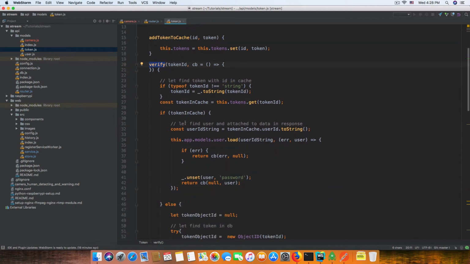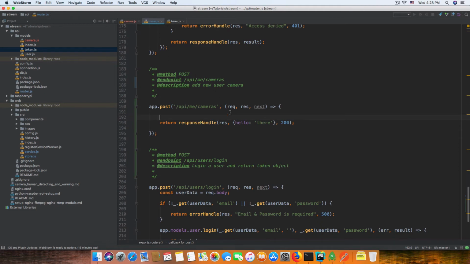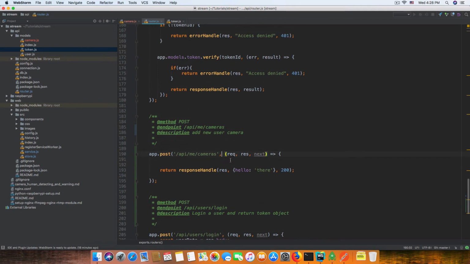So we have to verify this token, and that means we can make a new validation. Right here I'm going to make a function, verify token. For example, allow authenticate